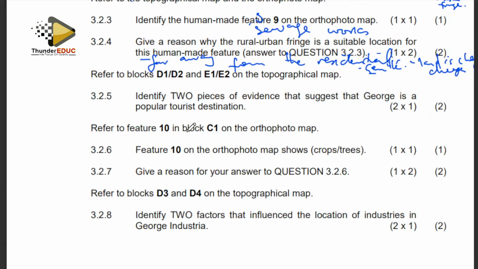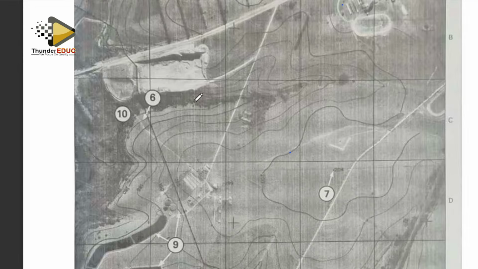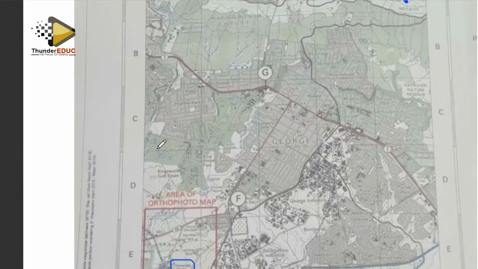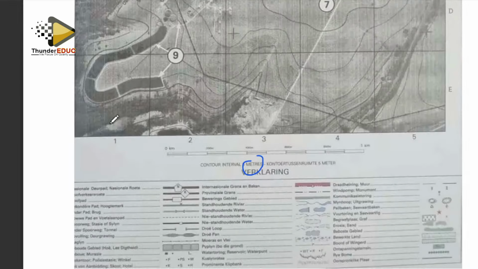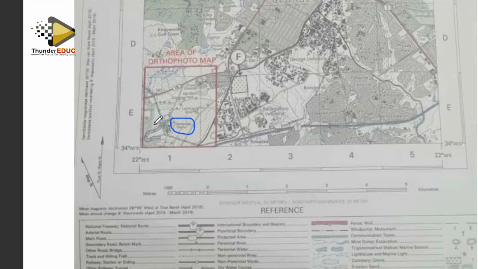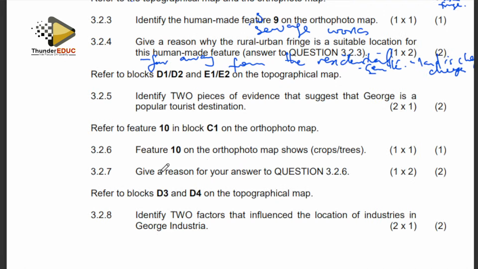Refer to feature 10 in block C1 on the orthophoto map. We come here, we look at 10. Where is 10? 10 is here. This is the feature 10. 10 is here, slightly above this. So this is the area. 10 is this part here on the topographic, but we are referring to it here on the orthophoto map. And the first question is